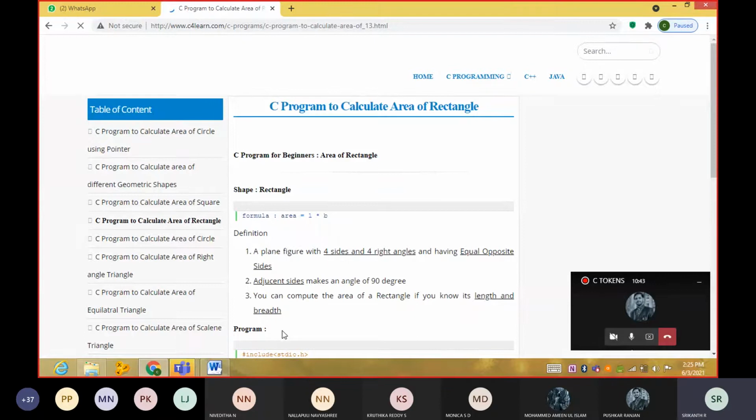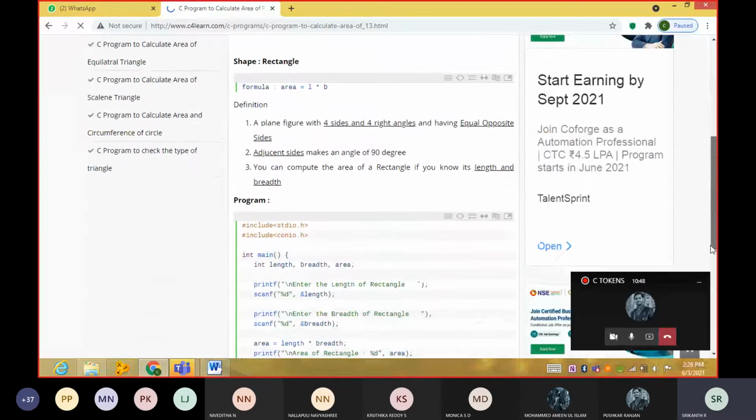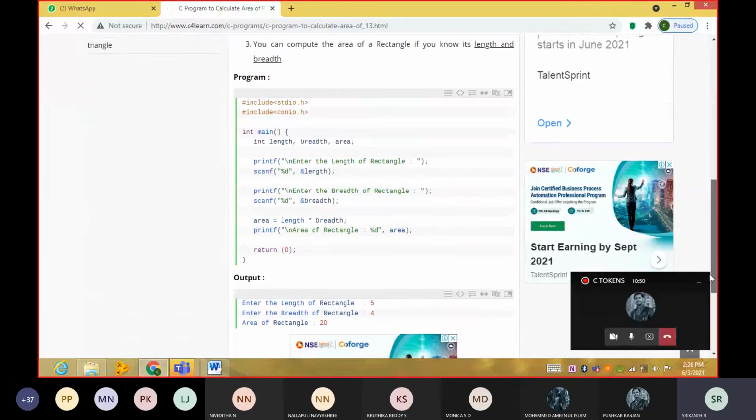See here, if you see this program, it's the same program which I took yesterday. We are using some English words: length, breadth, area.